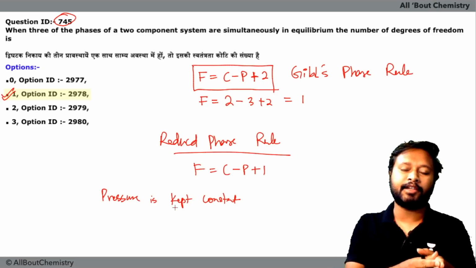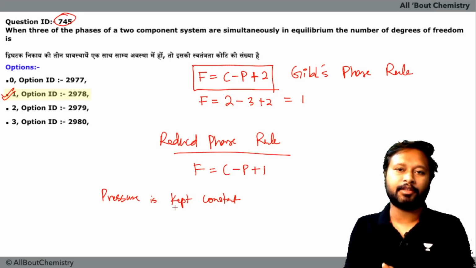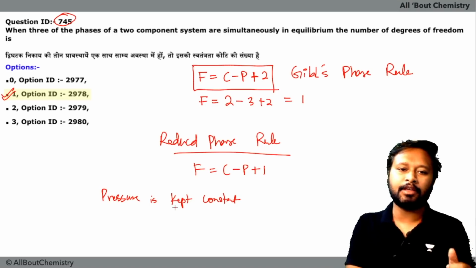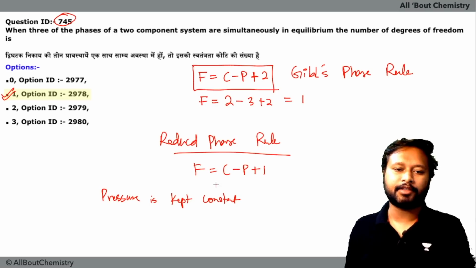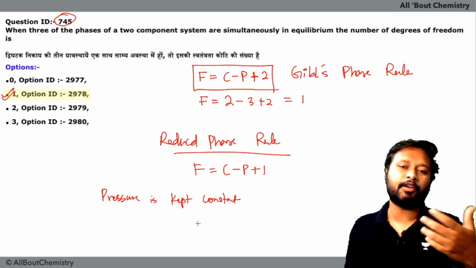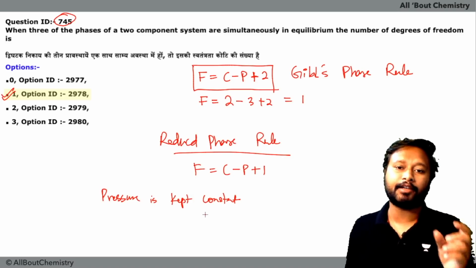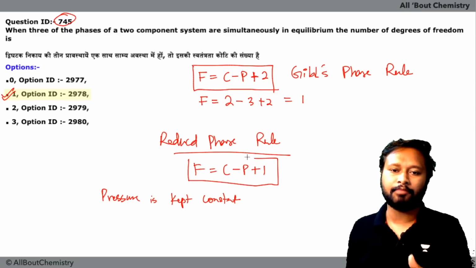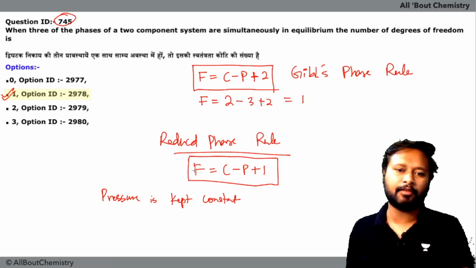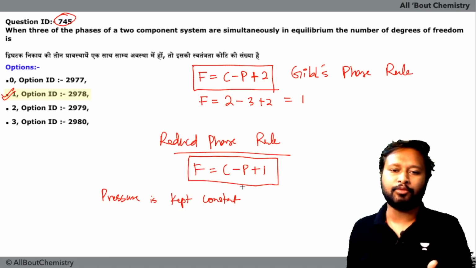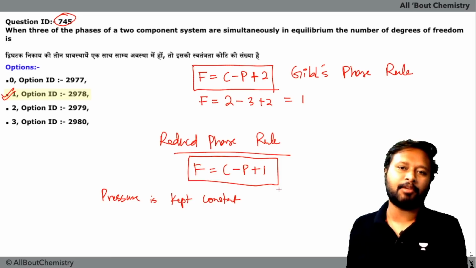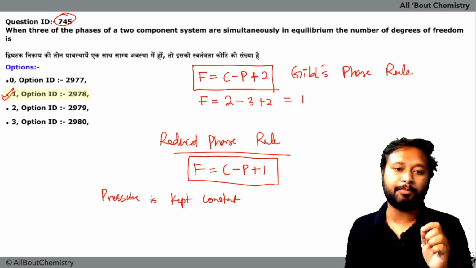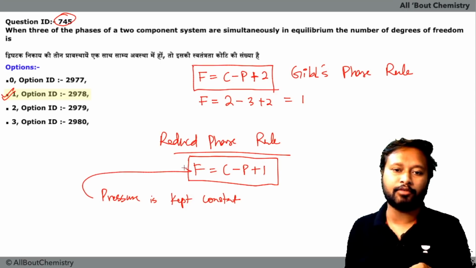Usually you have studied this in two component systems. Let's say you have studied the lead iodide system, or any of the systems in your books, those are generally solid systems. They are not converting into the gaseous form, or they are being done at constant pressure. That's why in most derivations or general notes for the reduced phase rule, we use the formula F = C - P + 1, because we keep pressure constant there. So only when pressure is kept constant is this rule going to be used.